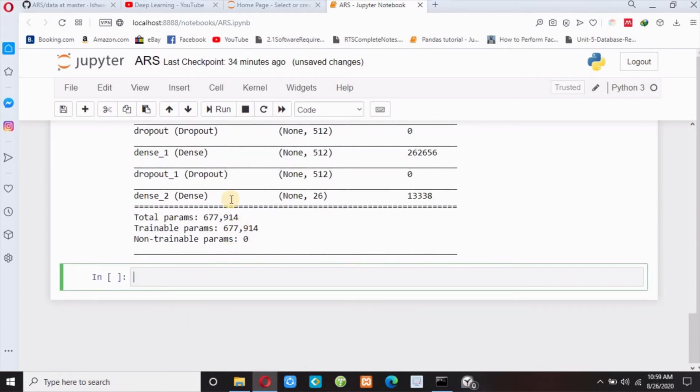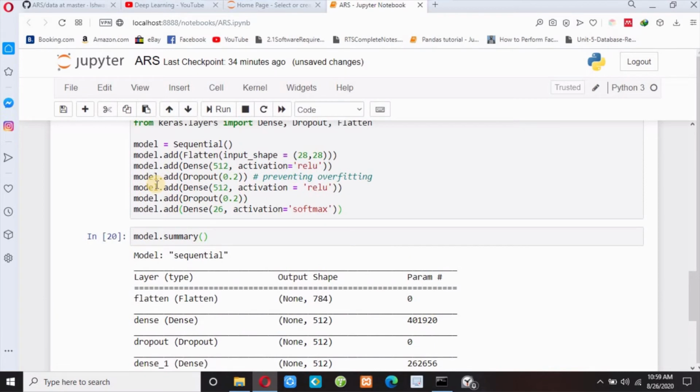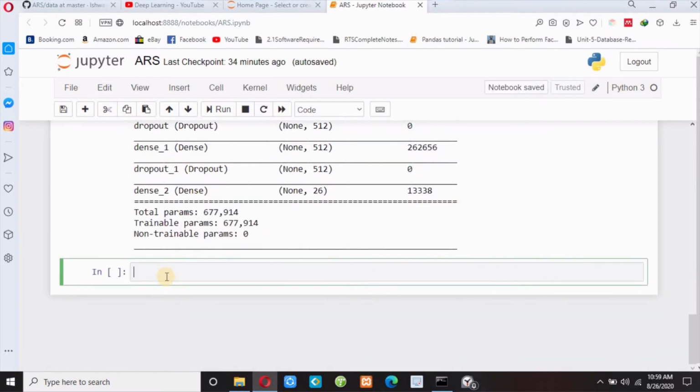And guys, after creating our model, we need to check our loss function and also we need to optimize our model. So guys, let me compile my model. So for this, model.compile, and I need to pass one loss function.